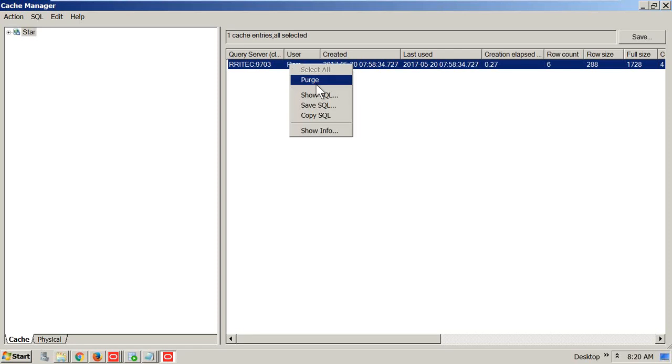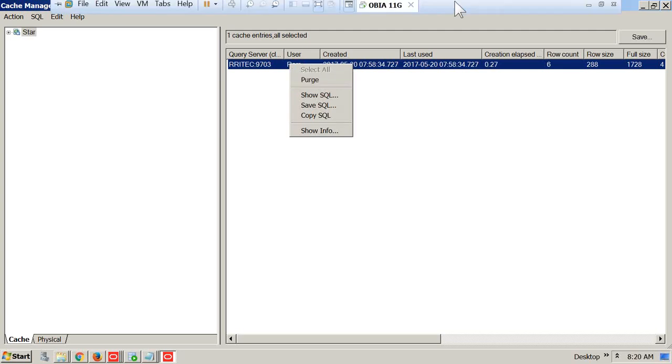We know how to right click, we know how to purge it, and if purging, what is happening in the backend also we are aware of it, right? Okay. Now the backend is going to delete the file, that we are aware of. Next,